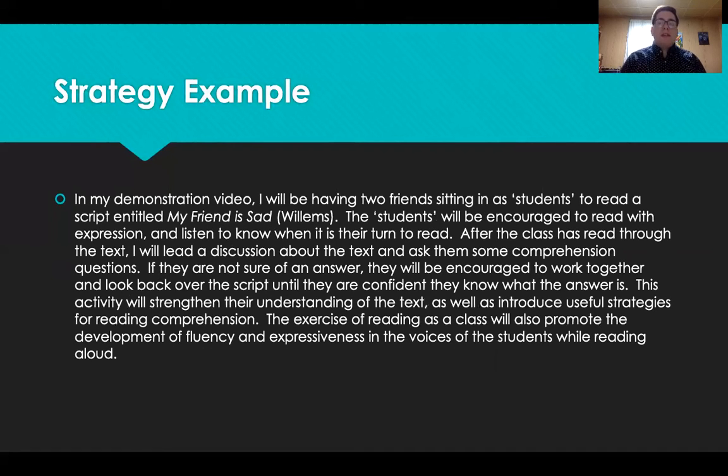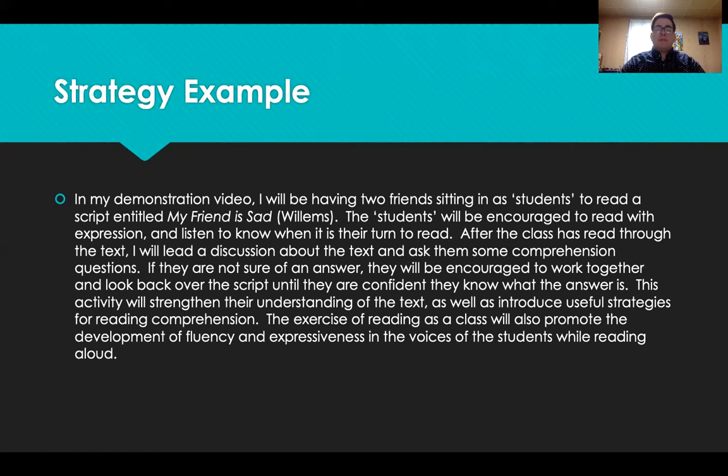So in the teaching demonstration that I am going to be doing, I will have two friends sitting in as third grade students, because I don't have any third grade students that I know to participate in this. We're going to be reading a three-person script entitled "My Friend is Sad." The title may sound depressing, but it's actually kind of humorous. And so I'm going to encourage them to read expressively and listen to one another